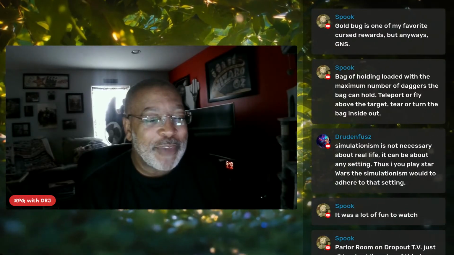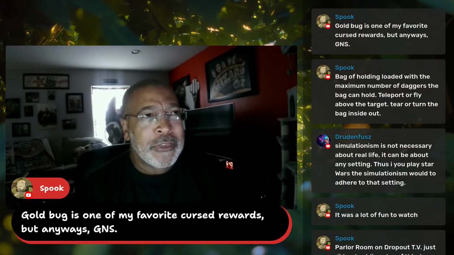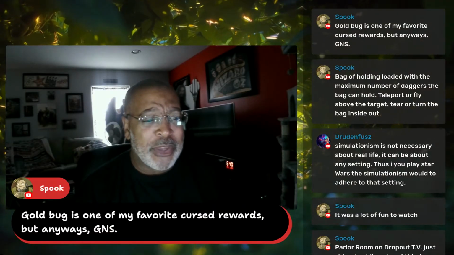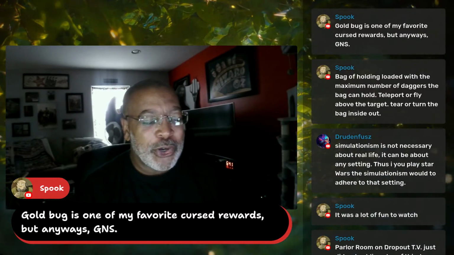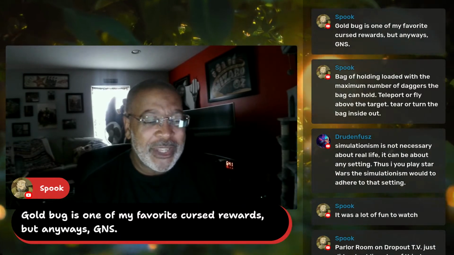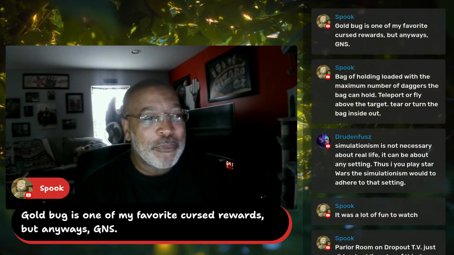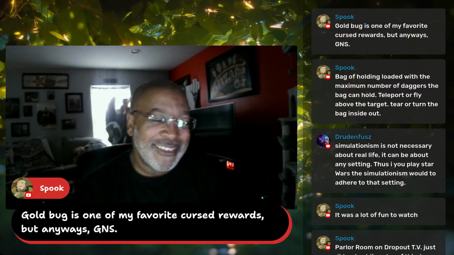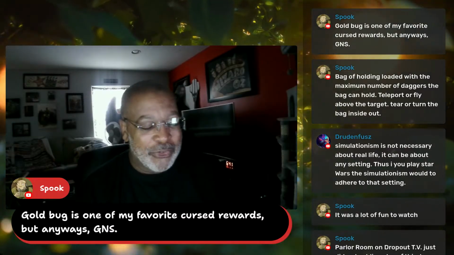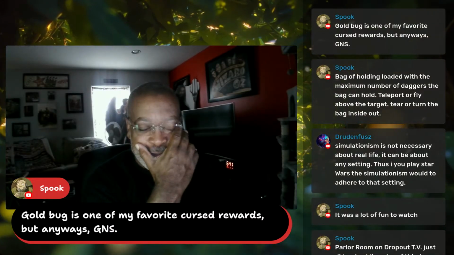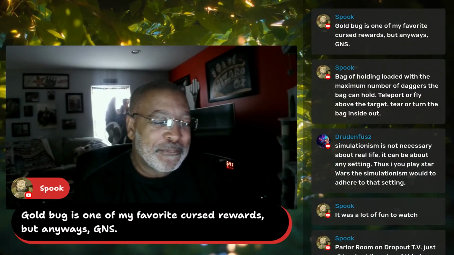The gold bug is one of my favorite cursed rewards, and there's a bunch of them. I mean, there was a whole category of cursed items, like necklace of strangulation and rugs of smothering, or something like that, all that kind of stuff. Hey, it's a carpet of flying. No, it isn't. Yeah, gold bug. Throw it in your backpack. It'll dig through your skin, into your spine, into your heart, kill you. Yeah, there were a lot of